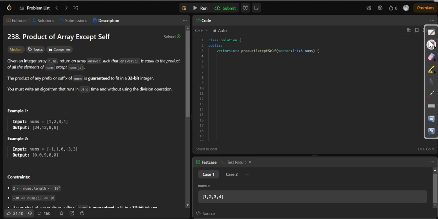So for that, let's see, for the jth element, what will be the answer? The answer will be nums[0] into nums[1] and so on up to nums[j-1], then nums[j+1] up to nums[n-1].